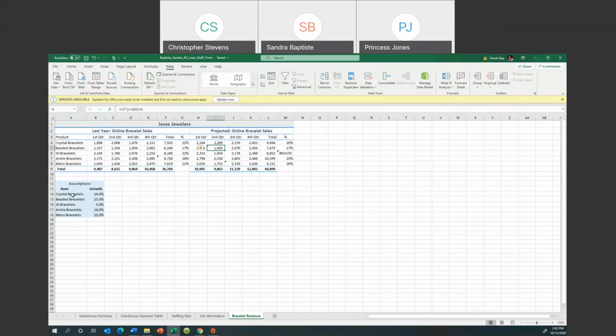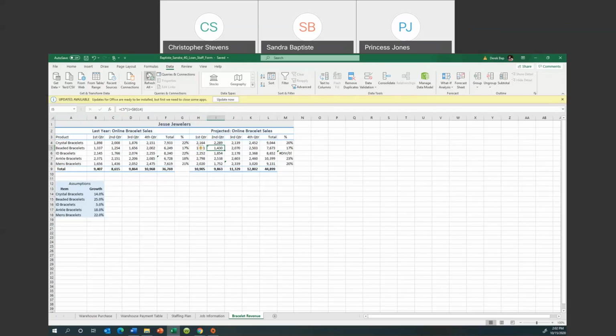What's I5 for? If you look over in A column, you'll see what I5 is supposed to be for. What is I5 supposed to be for? Yeah, it should be beaded bracelets, not crystal bracelets. So if we click on the little, let's see that. So actually, how about this? Go to